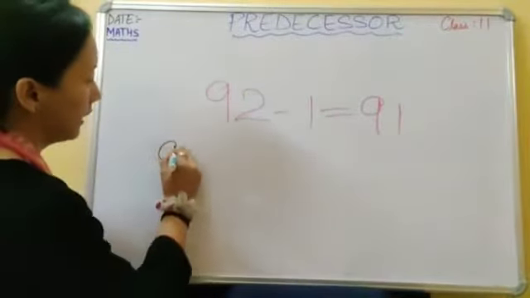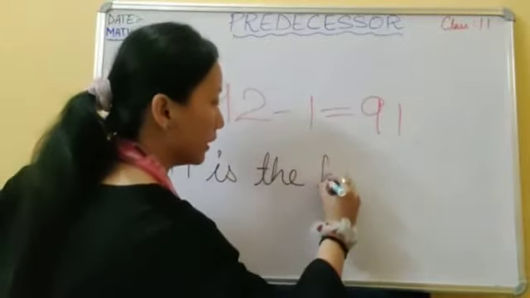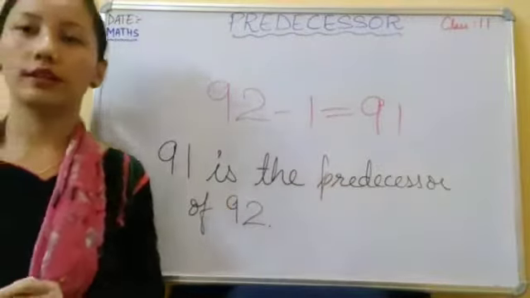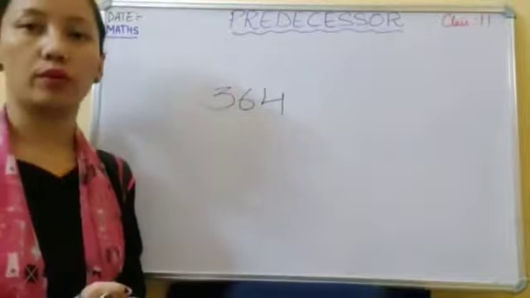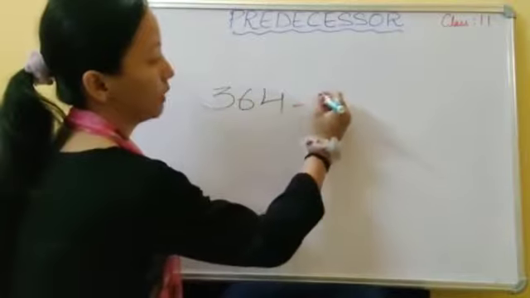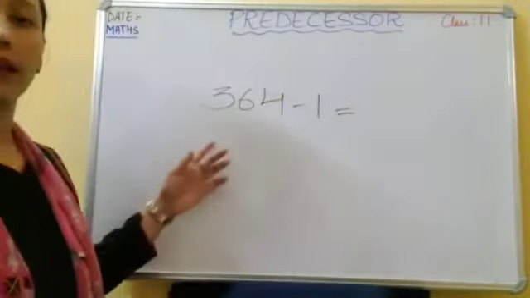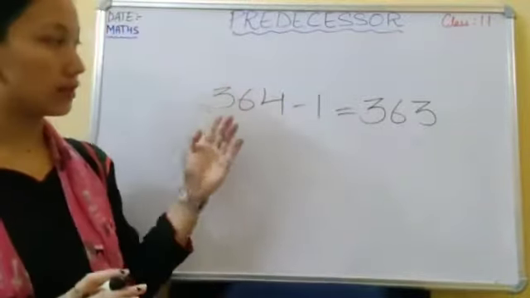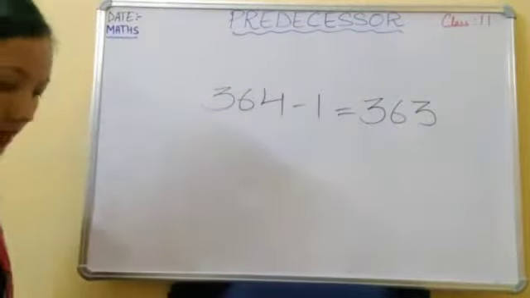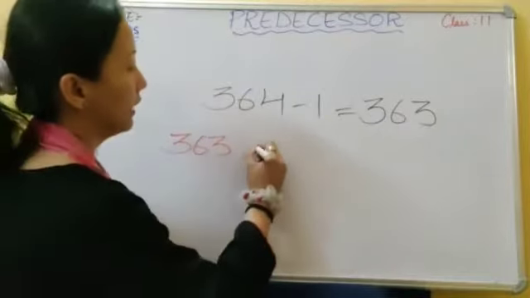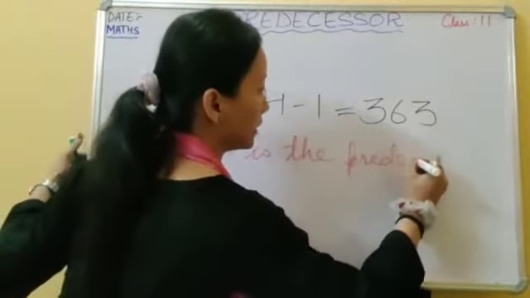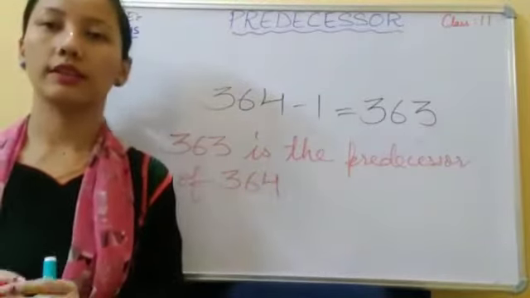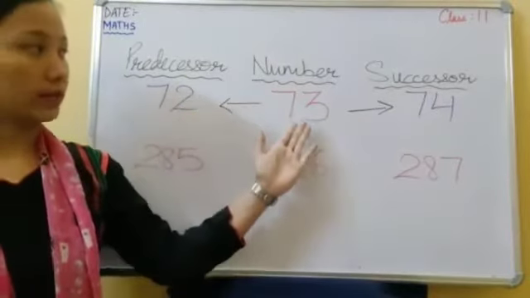Yes? That means 91 is the predecessor of 92. Now here we have another number, 364. Now let's subtract 1. What is the answer? Yes, 363. So 363 is the predecessor of 364. Right, students? Yes. So 363 is the predecessor of 364. Got it? So students, here you can see predecessor is before number of any given number and successor is